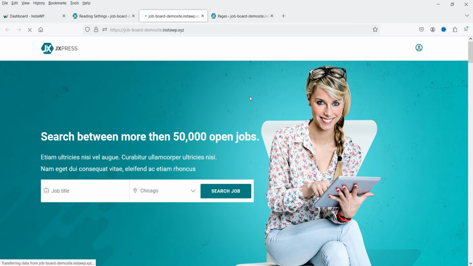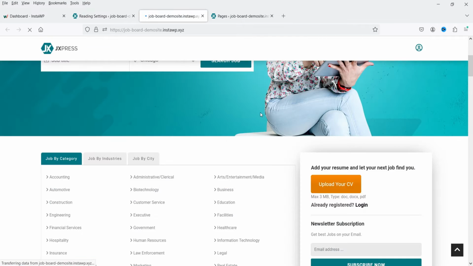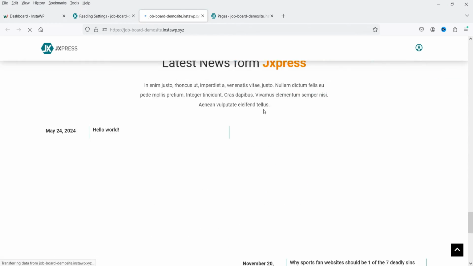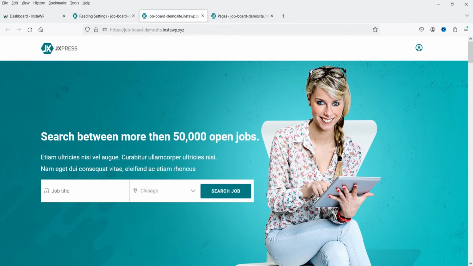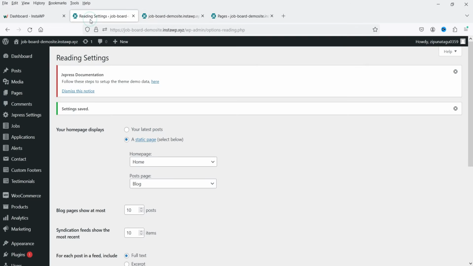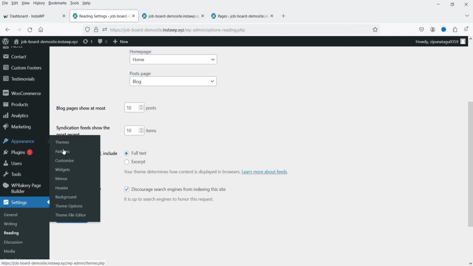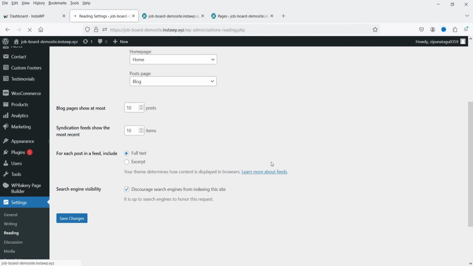So we have assigned a home page here. All right, and click on view site, and let's see now how the home page looks. All right, so this is how the home page looks. Now we can also change. There are different home pages that we can use. You will see all the content on the home page. However, we do not see the menu bar here. We need to select the menu also. So let's go to dashboard, go to appearance, and go to menus. We will first select the menu,